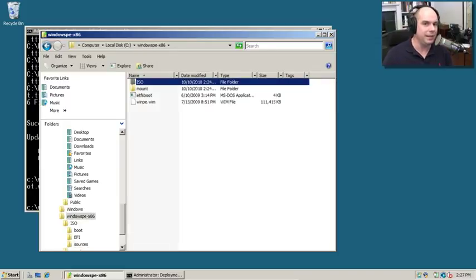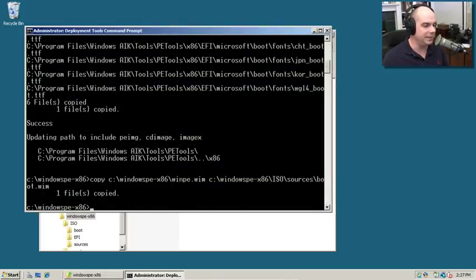What we now need is an ISO. After all, we need to be able to burn this to a DVD-ROM, and the ISO format is the standardized format that makes it very easy to do that. To build the ISO, we need another Windows program called OSCDIMG, and for the command line parameters here, the -N specifies that I can use long file names. The -B specifies where these boot files are,